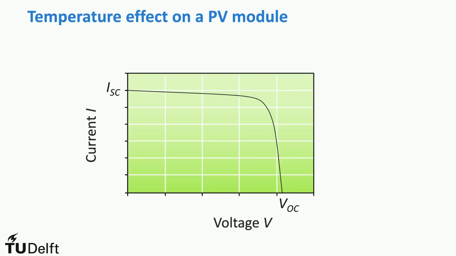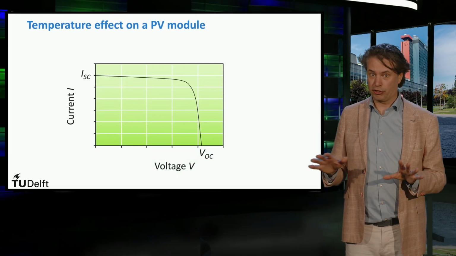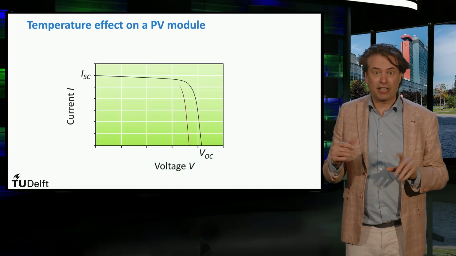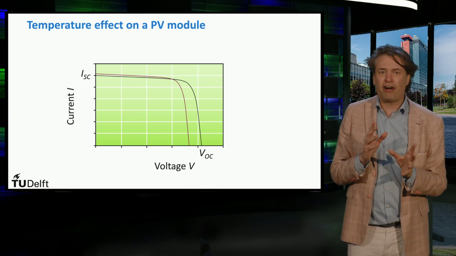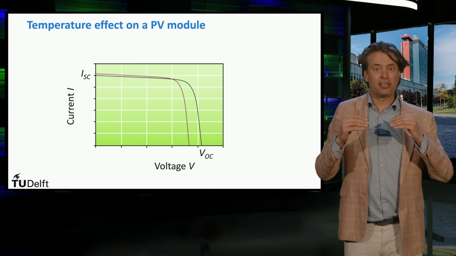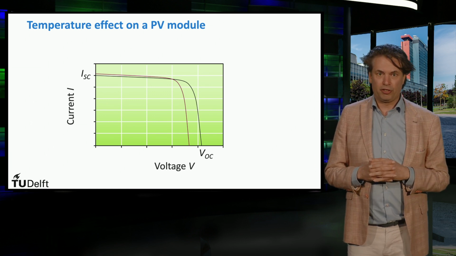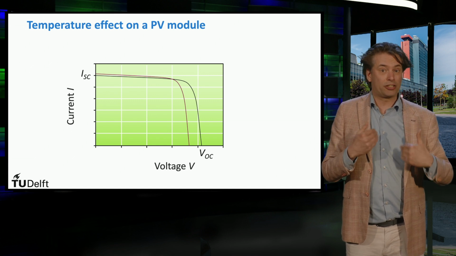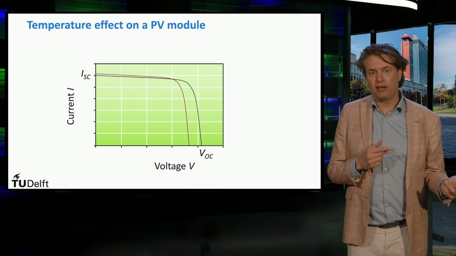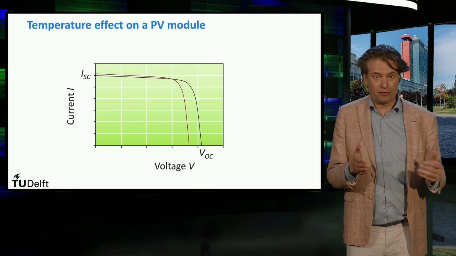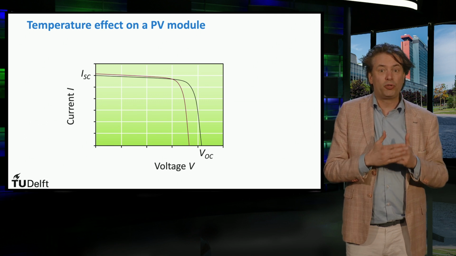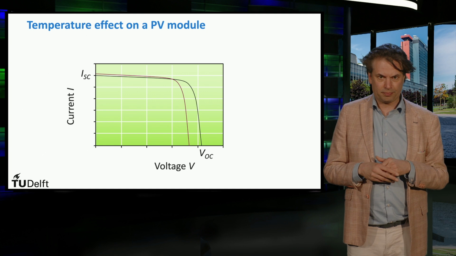In this graph, you see the IV curve of a PV module at a given irradiance and temperature. Now, if the temperature increases while the irradiance is constant, we see an IV curve that looks like this. So we see that while the current has very minimally increased, there is a significant drop in the voltage. This means that the overall power output has decreased. On the other hand, if the temperature were to decrease with respect to the original conditions, while the irradiance were constant, the PV output would show an increase.